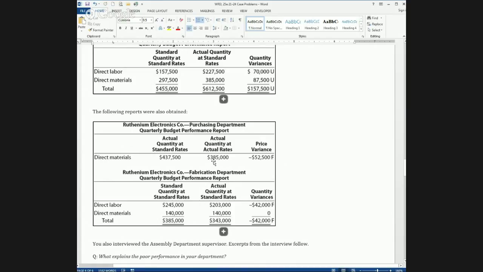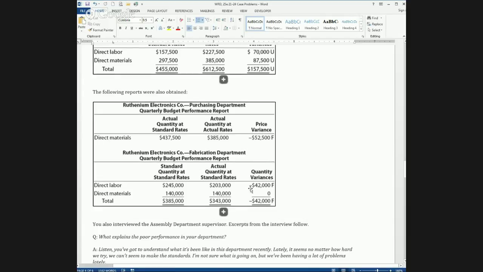$385,000 for the material that they bought, and the standard for that would have been $437,500. So the purchasing department got some good deals by paying $52,500 less than what was budgeted. Also, if we look at the fabrication department, the direct materials use had no variance at all. They used exactly the number of materials that they planned, and the fabricating department saved some money from budget in